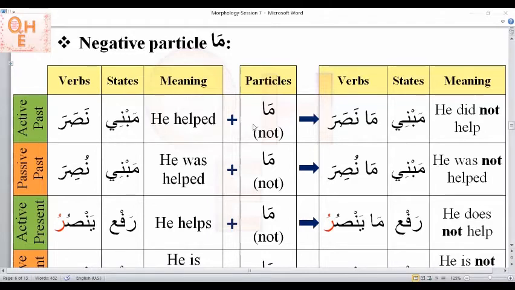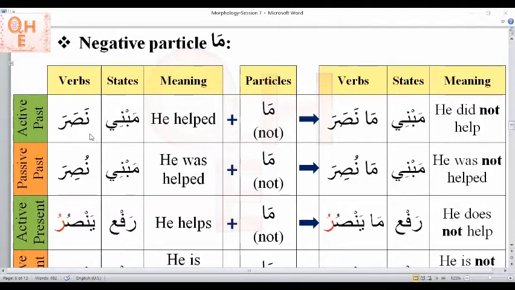Then we add the particle ma. Then we again have verbs, states, and meaning. That is, after adding the particle, what happens, okay? Over here, the example I used is nasara yansuru, just as an example. And I used the singular form, like nasara is for a singular person, yansuru, singular person, but